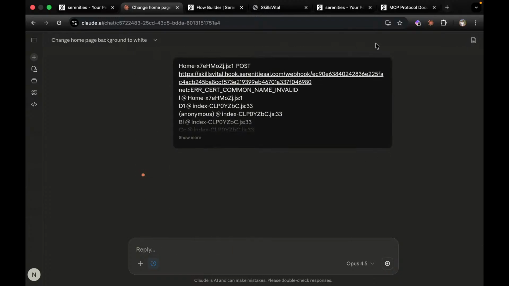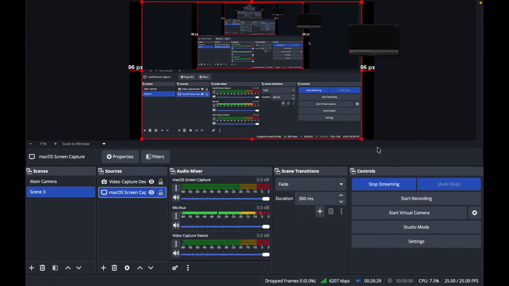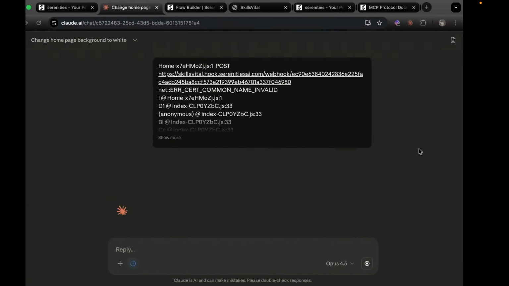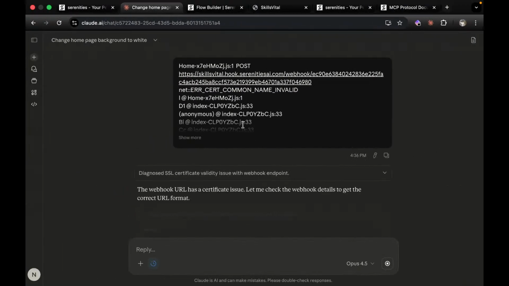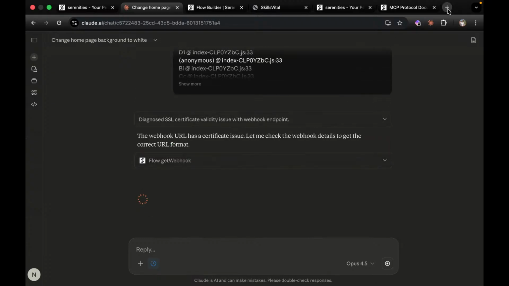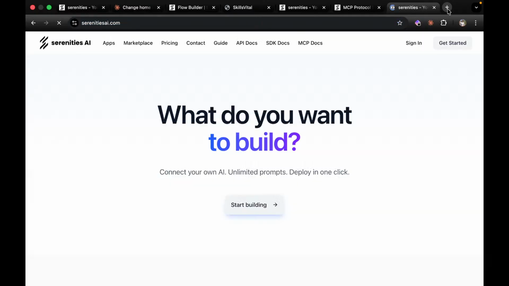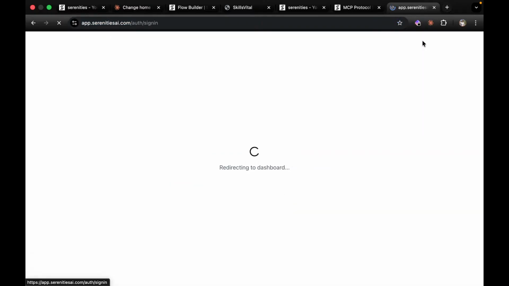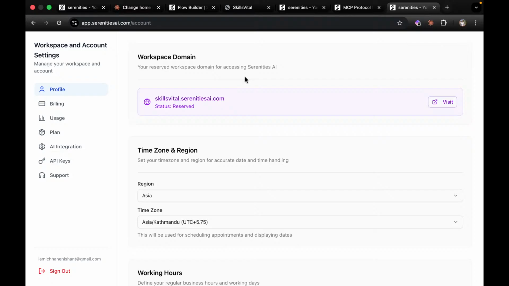I just mistakenly closed that. Let me just pause. So let me check the webhook detail to get the correct URL format. Allow once. Okay, let's go back to that. Here, what I will do is